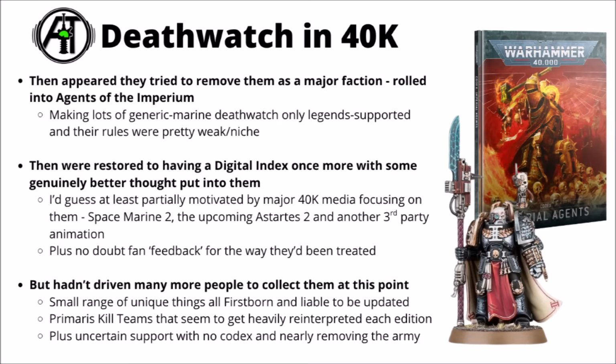digital index for them. That came out around Christmas time with the Grottimus update, and I kind of wonder if it might have been the major 40k media things that inspired them to revisit them. Maybe it looks a bit silly if they're a big role in Space Marine 2, they're going to be a focal feature of the upcoming Astartes 2, and they also had another third-party animation team make a cool animation with some Primaris Deathwatch in. I feel like between all that it was just a bit of a disparity between their